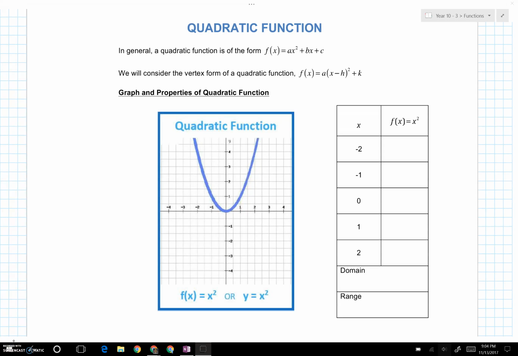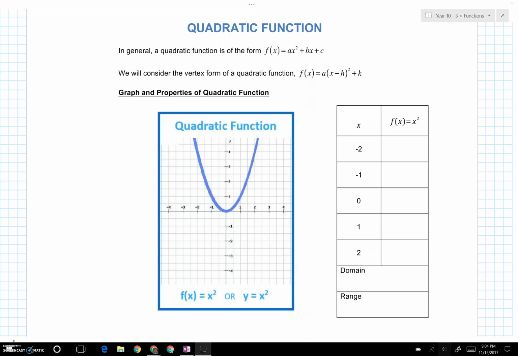All right, we are about to embark on the world of transformations, specifically with parent functions. So first off, we're going to start with a function that we already know: our friend, the quadratic function. So we have our standard form, f of x is equal to ax squared plus bx plus c. We all know that that is pretty useless. It doesn't tell us a lot, so we need to make sure that we are in vertex form, which is